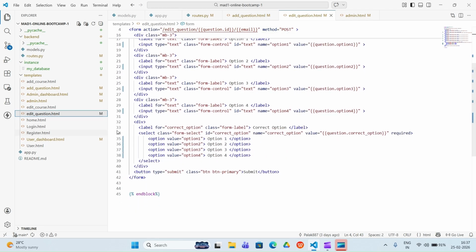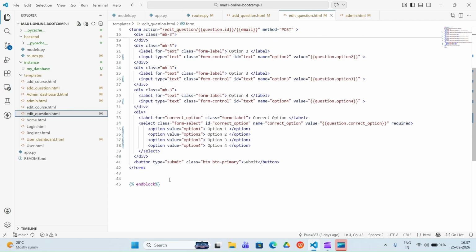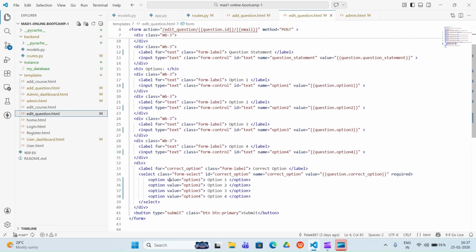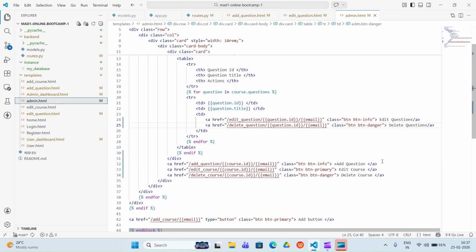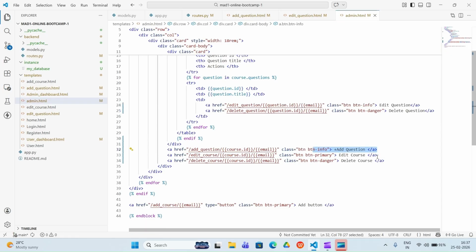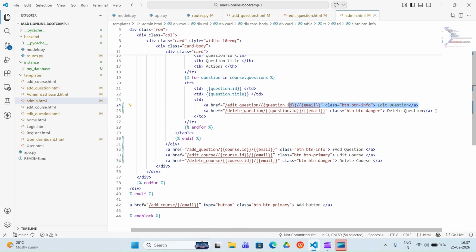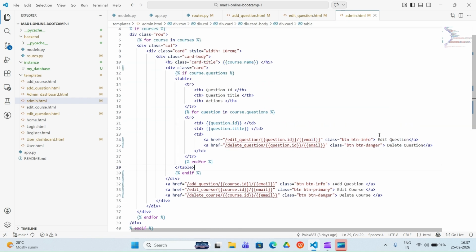Then we gave the buttons in admin.html for adding a particular question, editing a particular question, and deleting a particular question. So these buttons we have given in the admin.html.